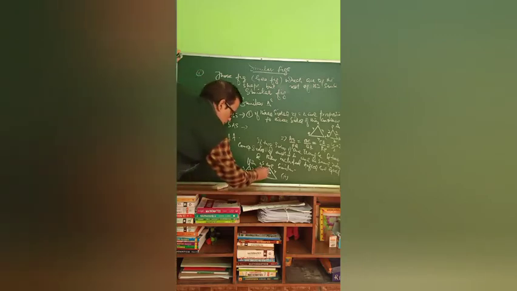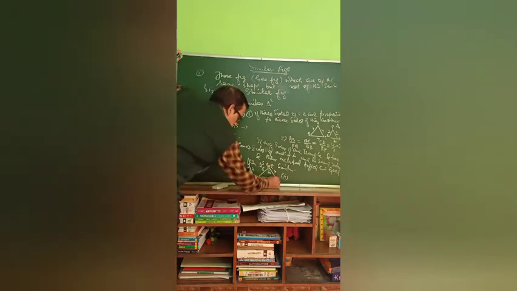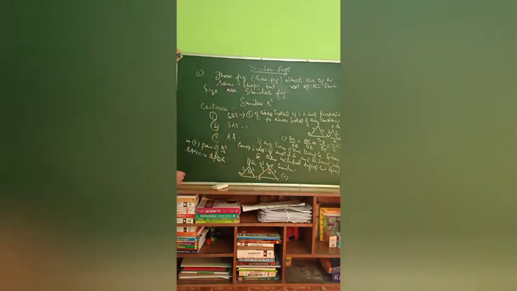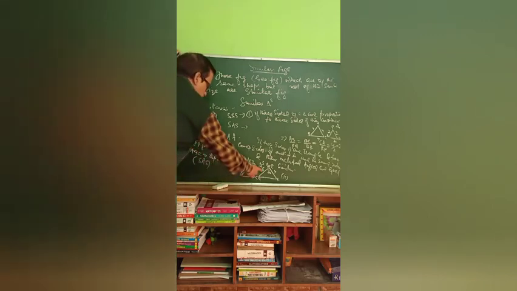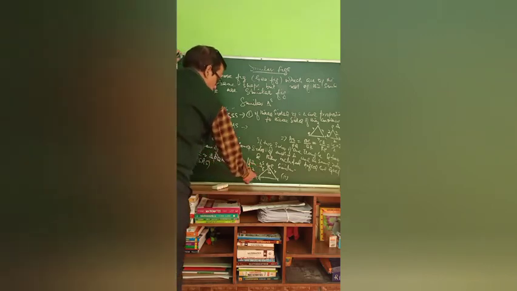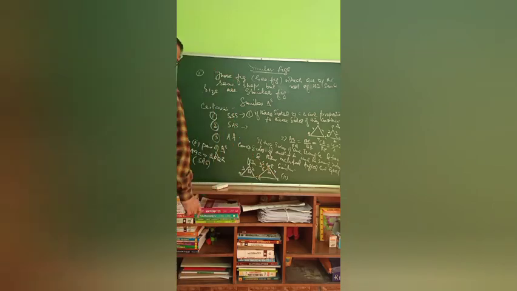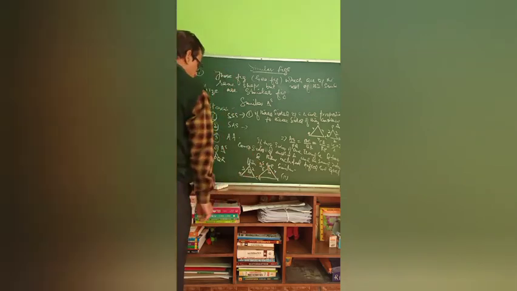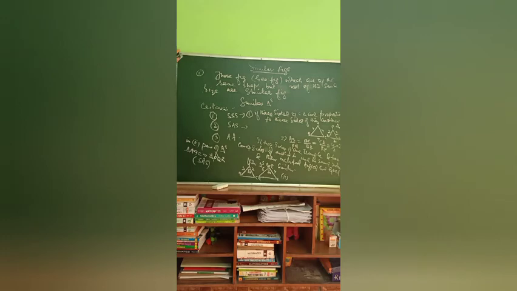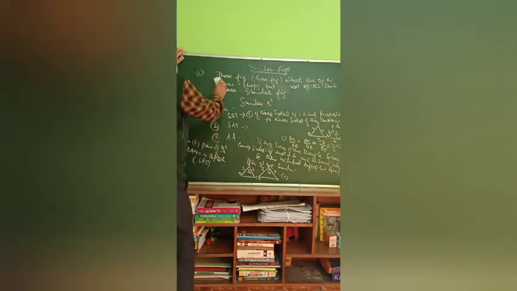PQR is P, here it is Q, here it is R. Triangle PQR, by the rule of SAS, because this side upon this side is 1 by 2, AC upon PR is also 1 upon 2, and angle A is equal to angle P, both are equal, of the same measure, so the triangles are similar.